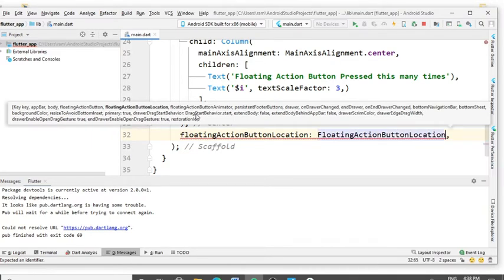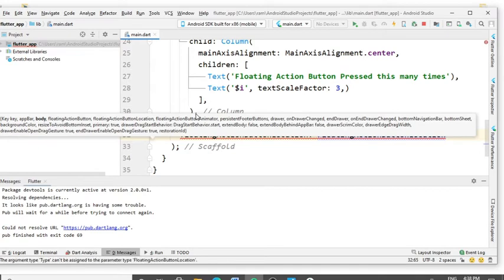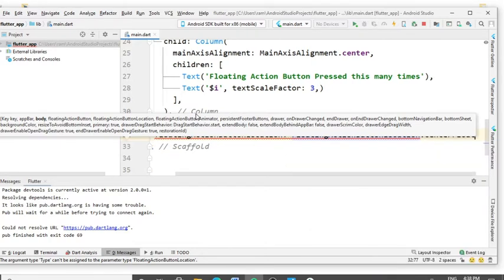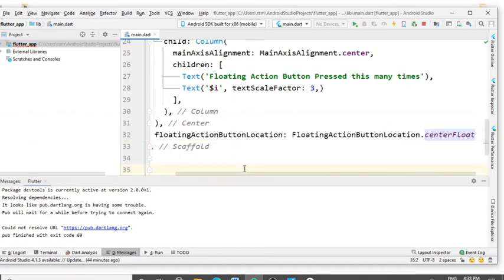Remove the comma and type the dot and select the location. I select centerFloat. There are many options available. You can select any one of them. It's up to you. Give the comma, press enter.